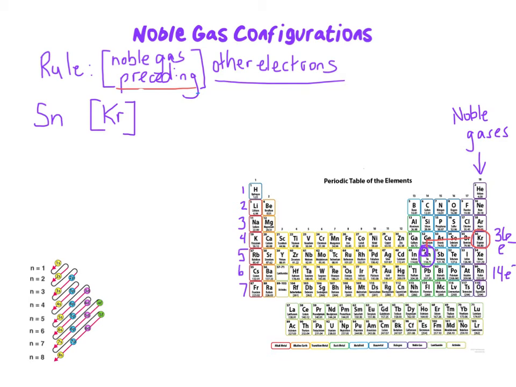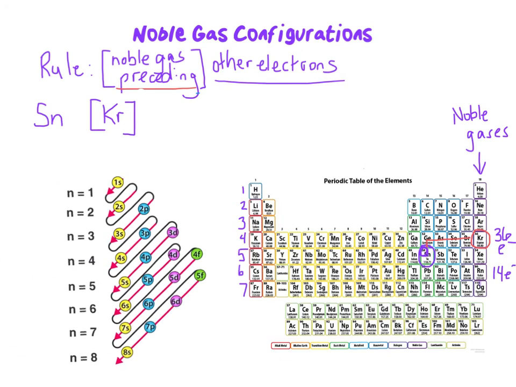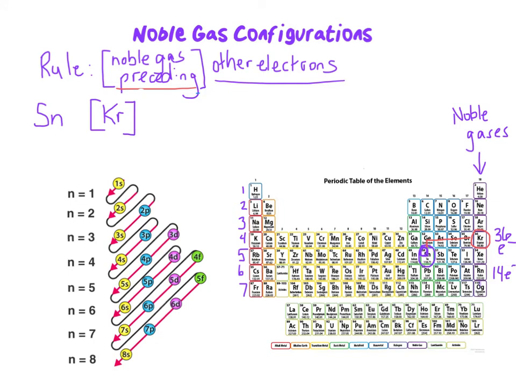Using the Aufbau principle, which is this, I have to look at where to start. I'm not starting with 1s anymore. I'm going to look at the row that tin is in. Tin is in row 5. So where am I going to start for my other electron configuration outside the bracket? I'm going to start at 5s, which is row number 5. So when I start at 5s, I continue following the diagonal rule. So I would start at 5s2,